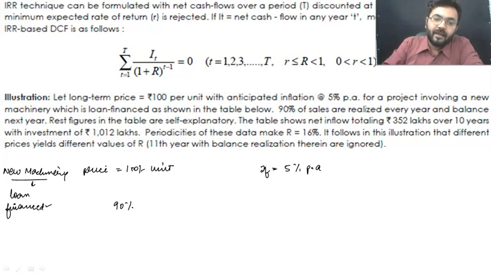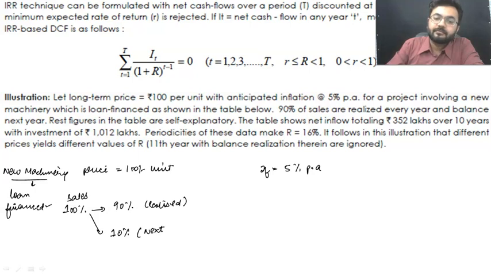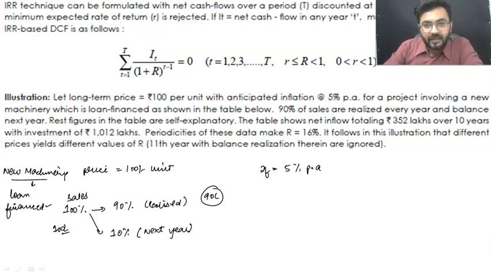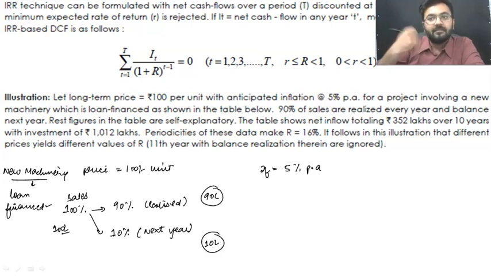Let us say whatever our sales are, that is 100%. Out of that, 90% are being realized. That means goods are sold and money is received. And the rest 10% is carried forward to the next year. If you have made sales of 100 lakh rupees, 90 lakh rupees will be realized in the same financial year, whereas 10 lakh rupees will be received in the next